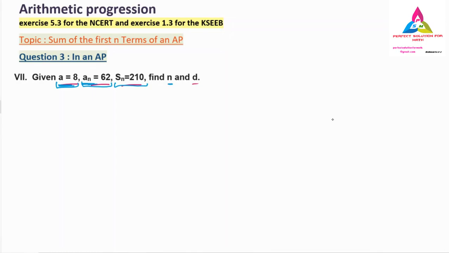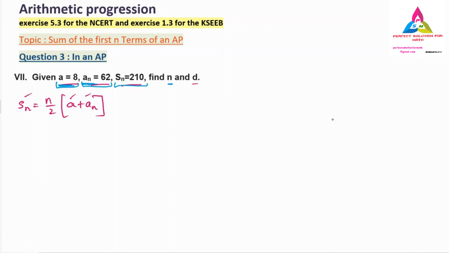So Sn is equals to n by 2 into a plus an. Here I am not going for n by 2 into 2a plus n minus 1 into d, because if you go for that formula, 2 times n we will have, then it will convert into a polynomial, n square it will be. After n square again you have to split that and find. But good news, the a value we know, the an value we know, and we also know the Sn value. Substitute in this and find the answer.